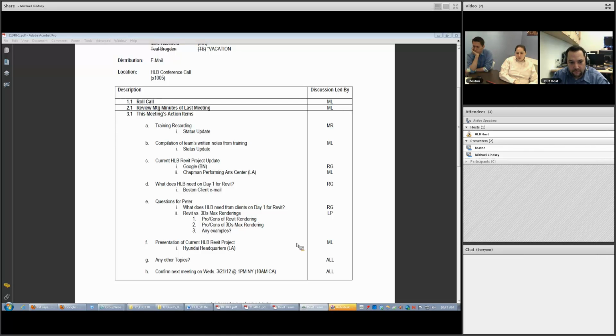So that could be enough to push us towards 3D Studio Max, but I wanted to understand what other pros and cons there are to each, so that we can start to make a decision about whether we want to start learning 3D Studio Max or whether we can render within Revit exclusively, at least to start, since that's what we're focusing on as of now anyway.